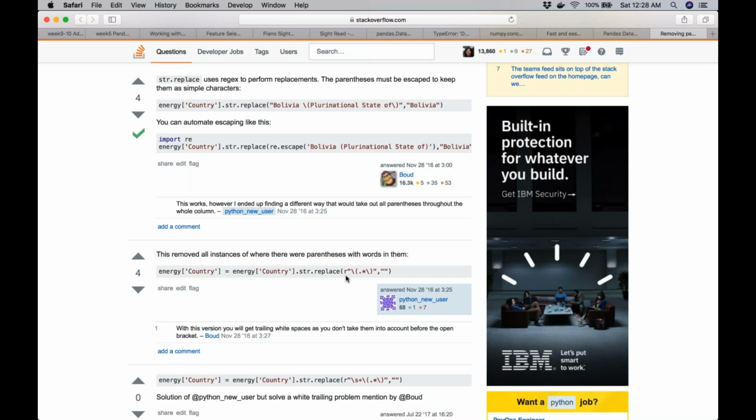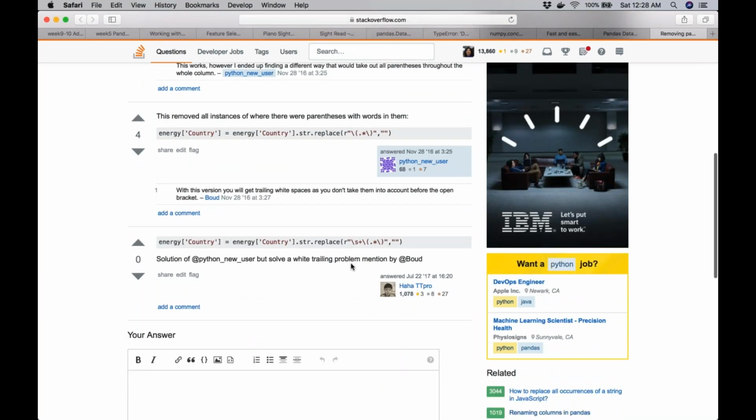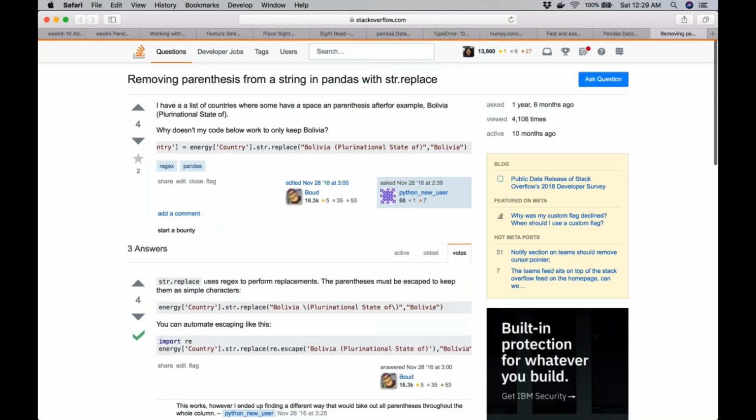So this is using replace. You extract the dot star till you encounter a space. And this is another regex where you're saying that whenever you come across a space followed by something, just replace all of it, the space as well as everything following the space, with an empty string. So what you would get is just the first name, right? So this is another example.